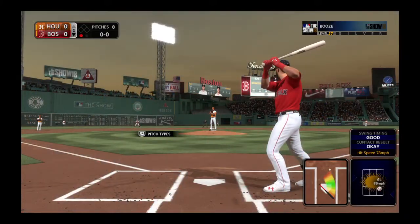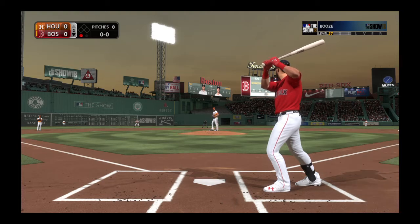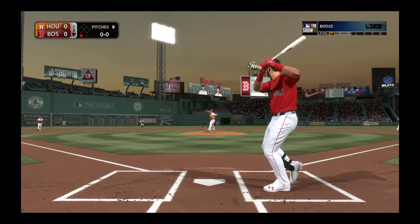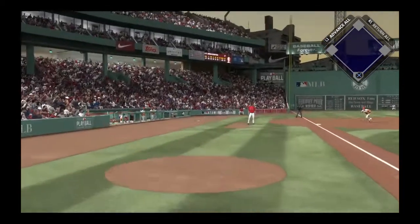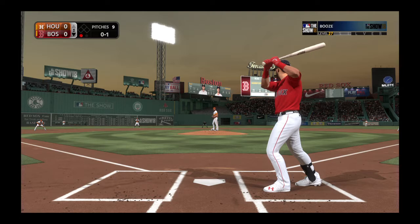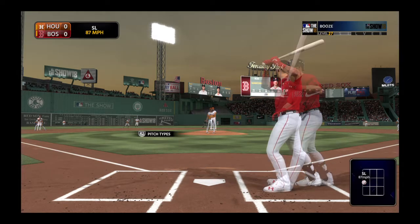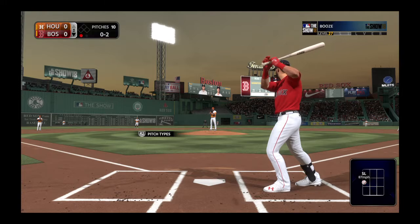The left-handed hitting Andrew Benintendi stands in. His career line against Gerrit Cole. He's 1 for 3. Here comes the first pitch. Swing, and this is hit hard but foul toward the third base dugout. 1 strike now from Cole. That's in there, and he's deep in the hole now, 0-2. Cole, a